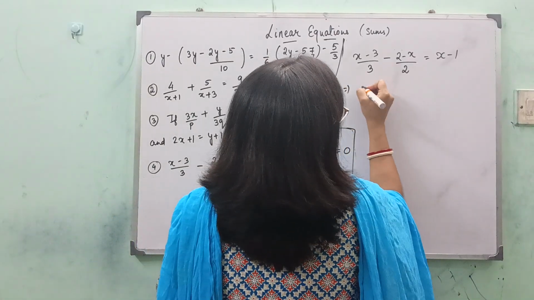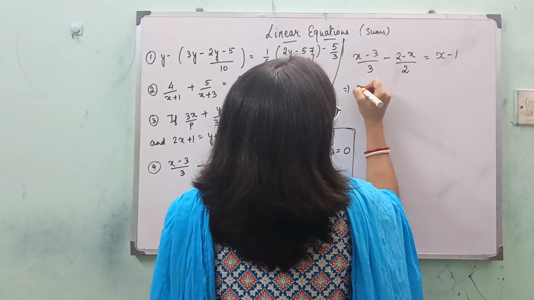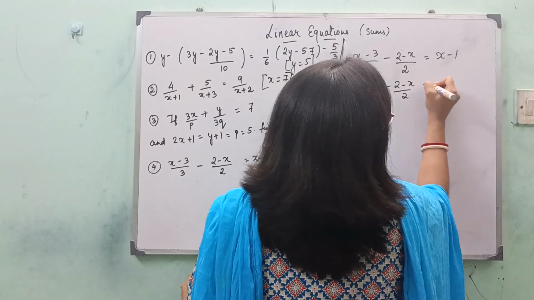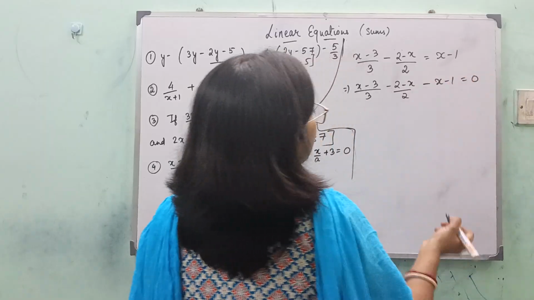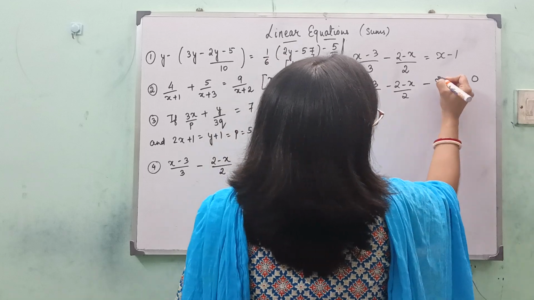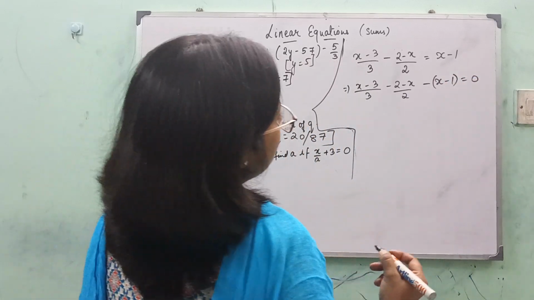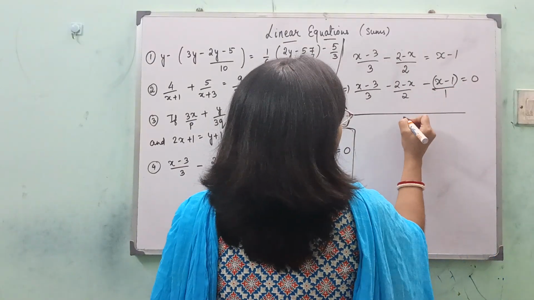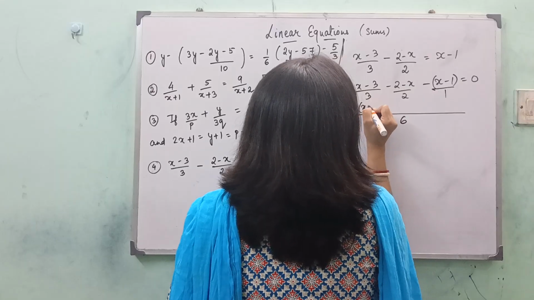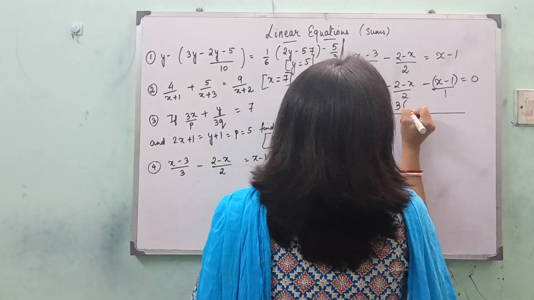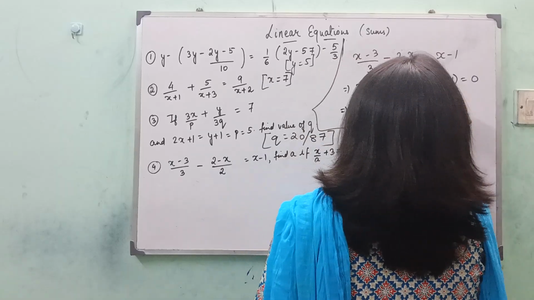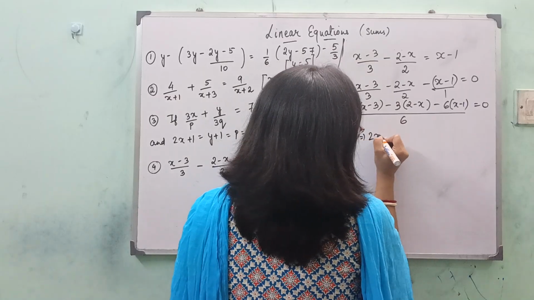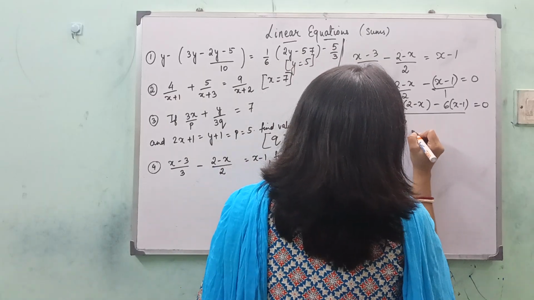So gradually start solving. You can bring everything to this side. So x minus 3 by 3 minus 2 minus x by 2 minus x minus 1 equals 0. Everything is brought this side. So now LCM is nothing is there, means 1 is there. So LCM is 6 over here. So 2 into x minus 3 minus 3 into 2 minus x minus 6 into x minus 1 equal to 0. So 2x minus 6 minus 6